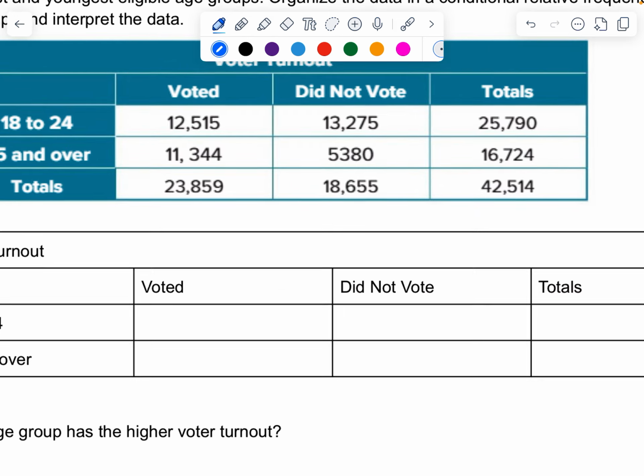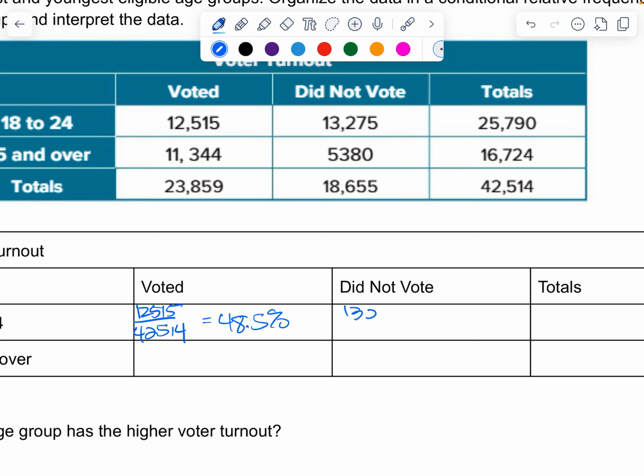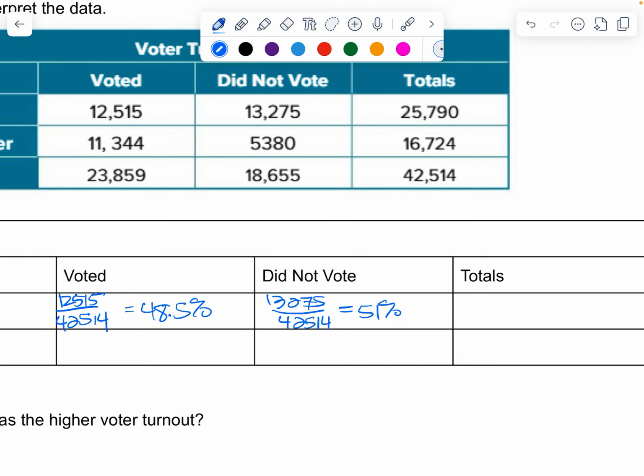So we're going to do this, and it's 12,515 divided by 42,514. So you put that into the calculator and hopefully got 48.5%. Then this one is 13,275 over 42,515. And you should have gotten 51%. Then over here,